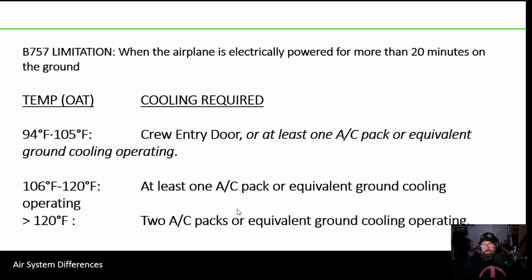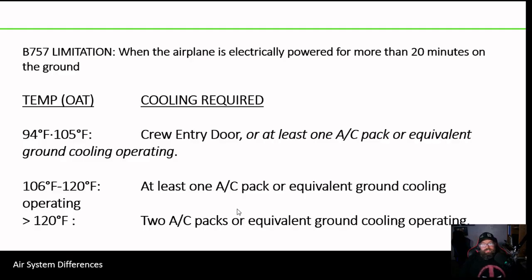But on a 757, when you're on the cargo side anyway, you've got a 45-minute download, 45-minute upload. I mean, you're on the ground an hour and a half with it being electrically powered. This may come into some sort of concern, right? So, on that note, that's really all the differences there are when it comes to the air systems on a